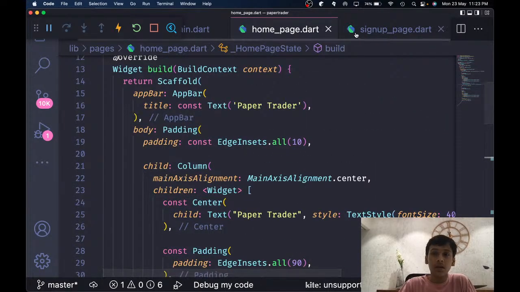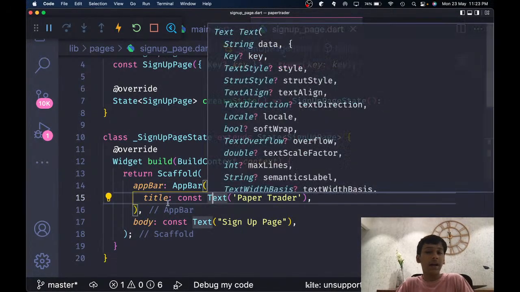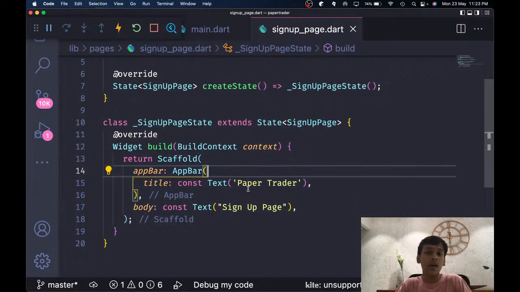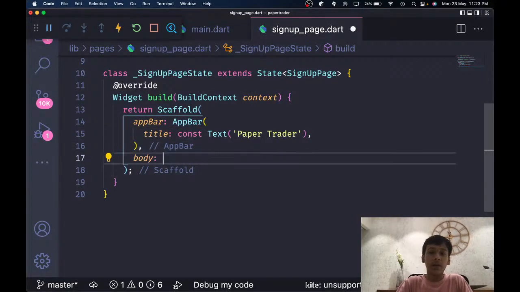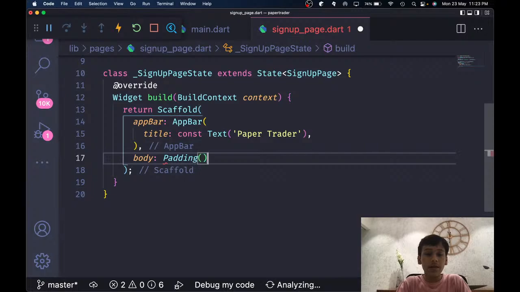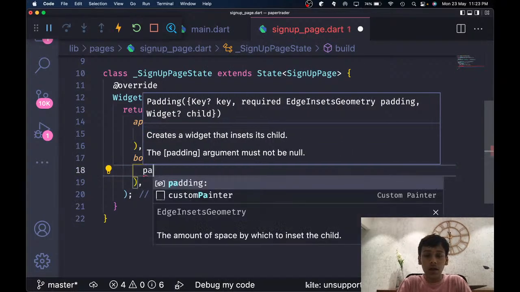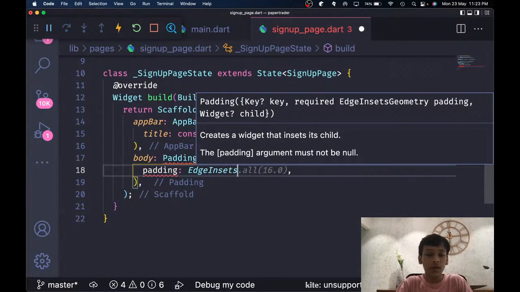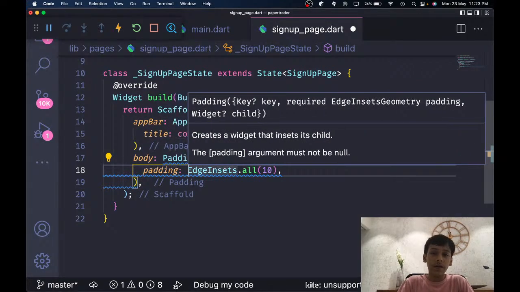Alright, so the next thing that we need to do is just make the sign up page look a bit pretty and add some functionality in there. I kind of want to get the sign up and sign in functionality done at least today. So yeah, let's just get this stuff going. So first of all, I'm just gonna add some padding in here. So in there we can just add padding, edge insets for all, and I just want to add 10 pixels,